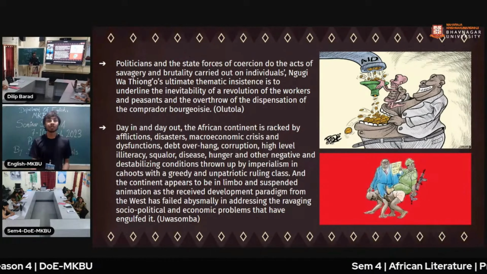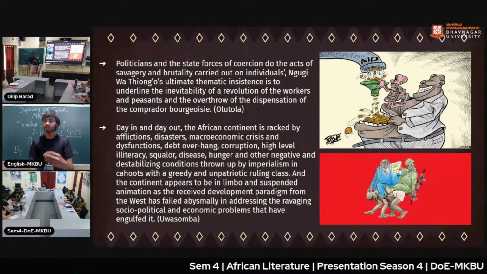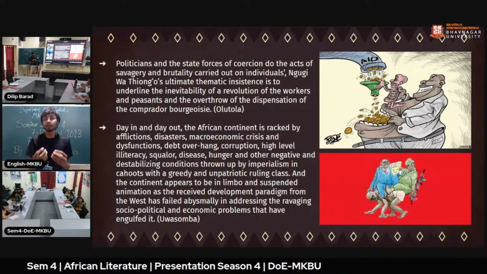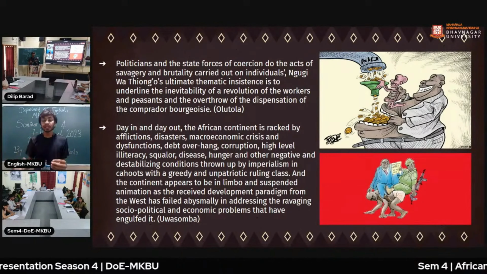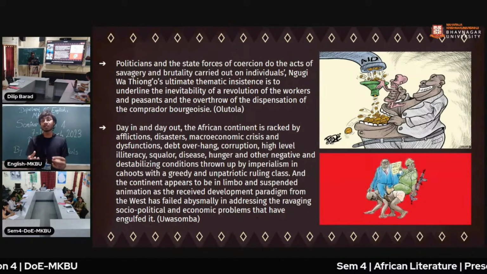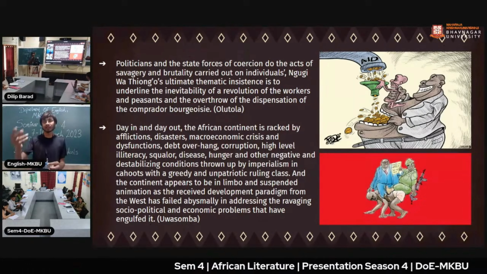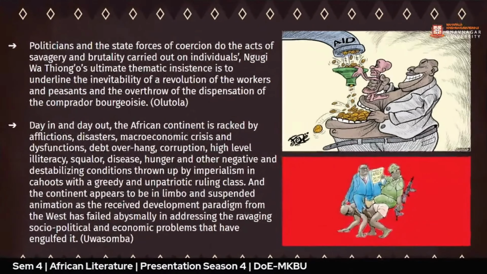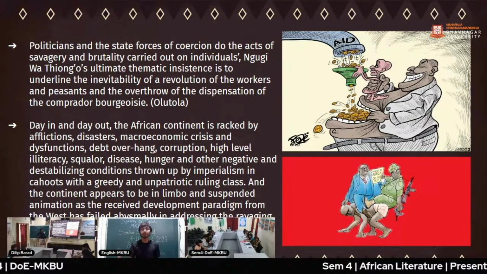So again, we can compare this, and I would like to remind you that there are four institutions in Victorian society, where one is the home institution, where the father rules because he earns or he is the sole breadwinner of the home. So here, if we compare the father to the politician or the new master, and the child to the people or the populace of the country, then this populace has the tendency that if my father gives me chocolate or anything that I like, then I will obey my father only. So if politicians show some tinsel to the people or some kind of offer schemes, then the people will follow them.